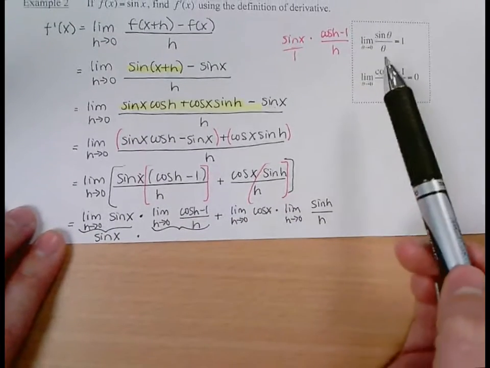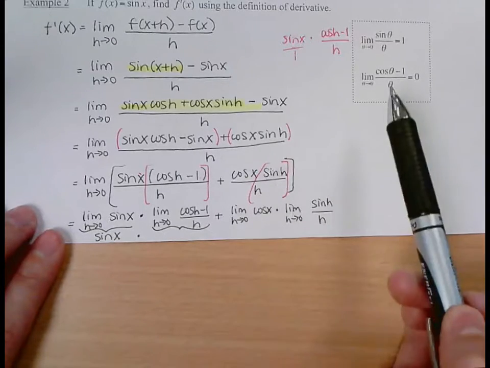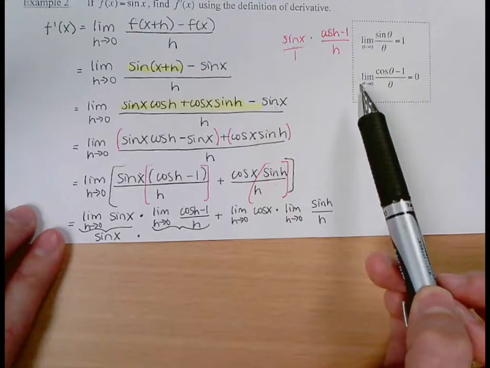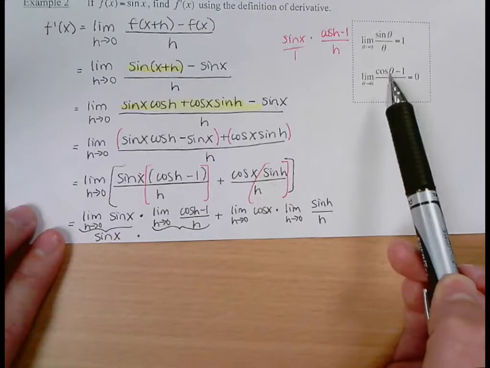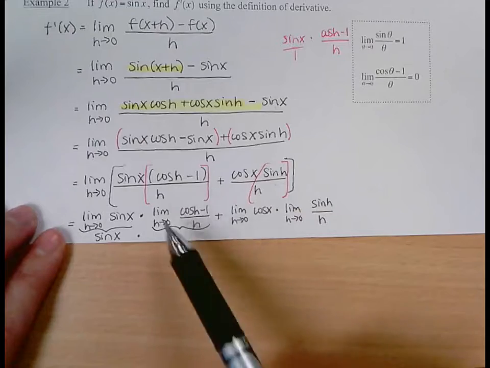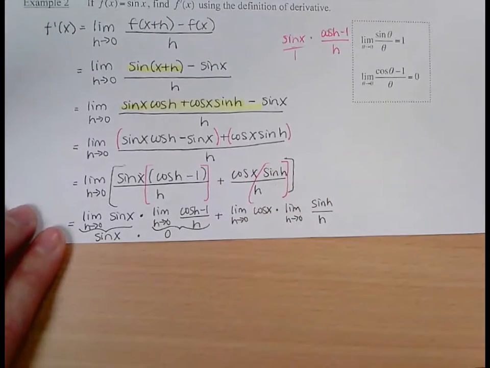I can use, and these are limits given in your book, you don't have to have them memorized, but this limit follows that second formula, that the limit as, they wrote it as theta approaches 0 of cosine of theta minus 1 over theta equals 0. So here the thetas are just h's. So this limit has proven to be 0,